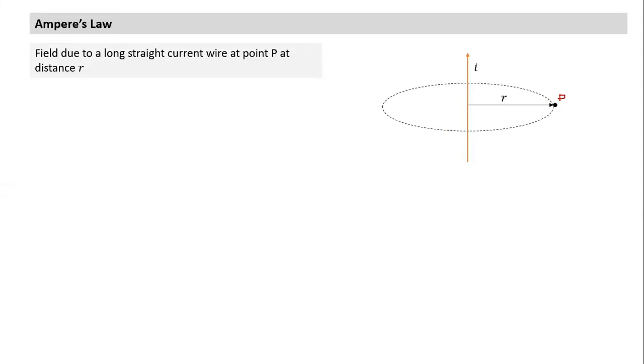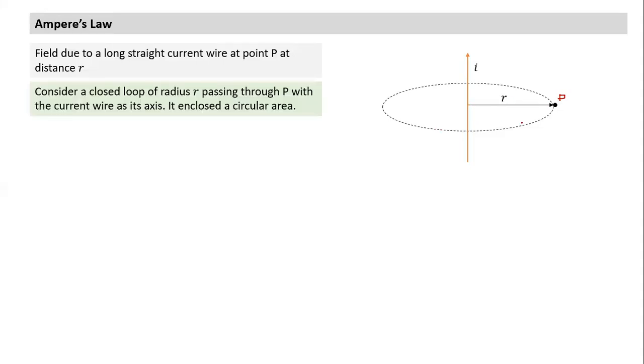What is the first step here? Similar to Gauss law, what should be my first step to find the magnetic field at point P? I have to take a loop. Which loop should I take? The loop must pass through point P, and I should take the loop in such a way that at all points in the loop the field is of the same kind. This line element forms a cylindrical symmetry. So I will take a loop which is concentric with this current element, the plane of the loop is perpendicular to the wire, and the loop passes through point P. I think that is not so difficult to visualize. That's the loop which is easy to evaluate.